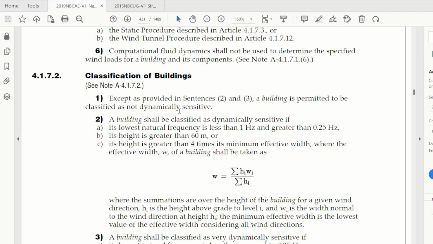Typically, for just a two-story or three-story building, it will fall under static analysis. You can do dynamic analysis if you want, but the minimum requirement for that is only static. Before you decide to use the dynamic analysis, or before it is required to use the dynamic analysis,